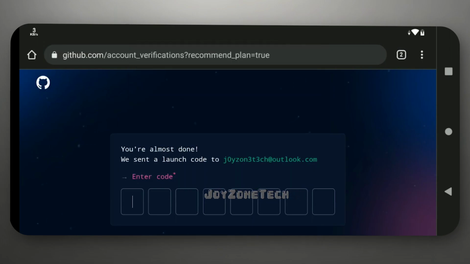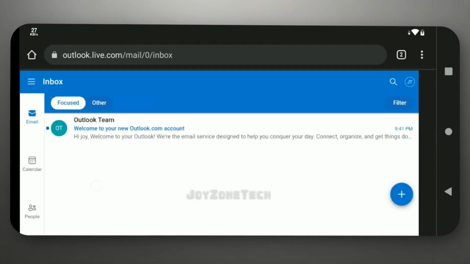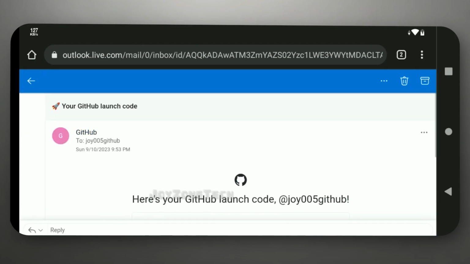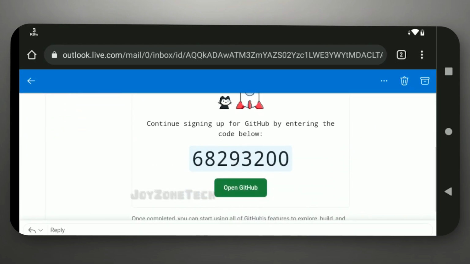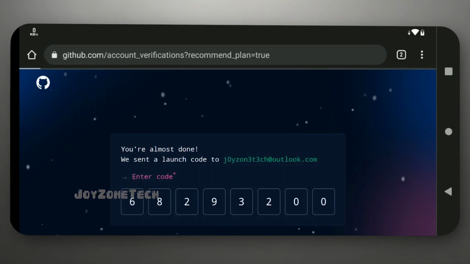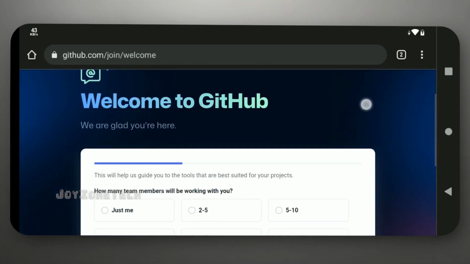Go back to Outlook Mail and copy the code. Paste the code in GitHub. Now select any option you like.